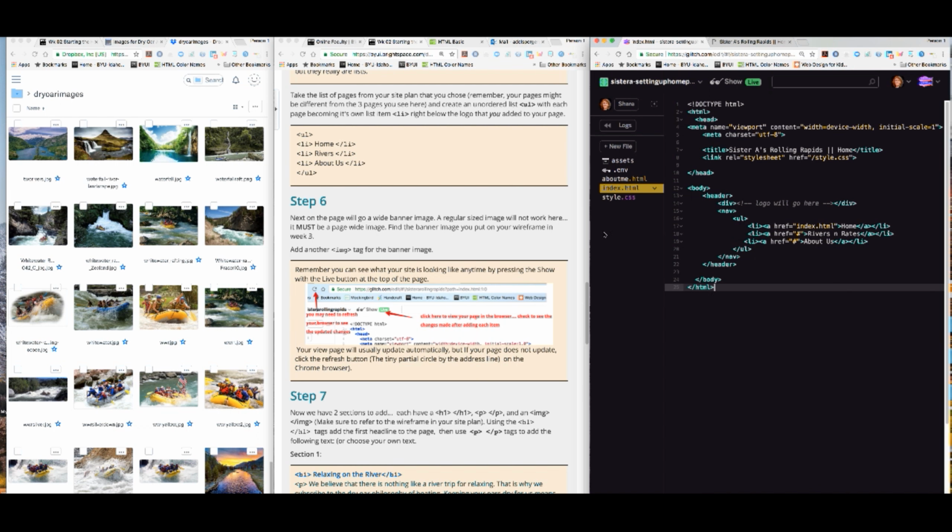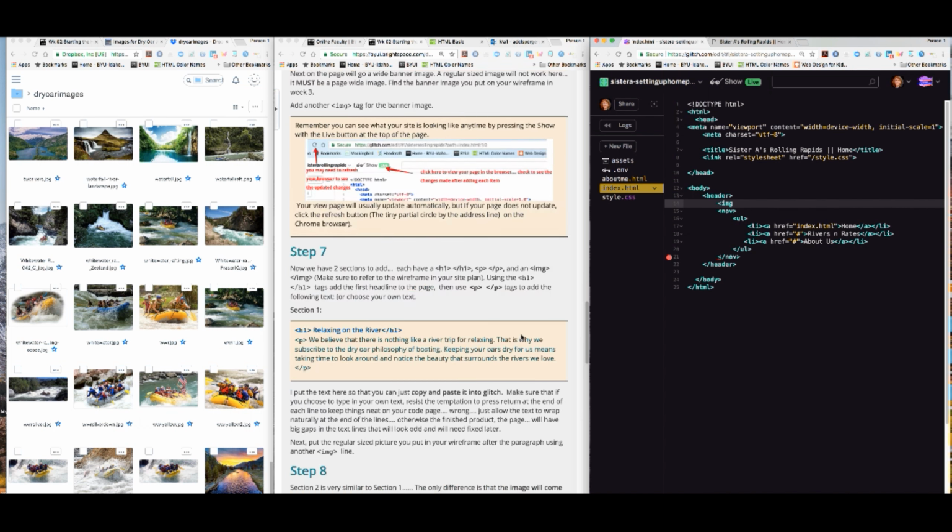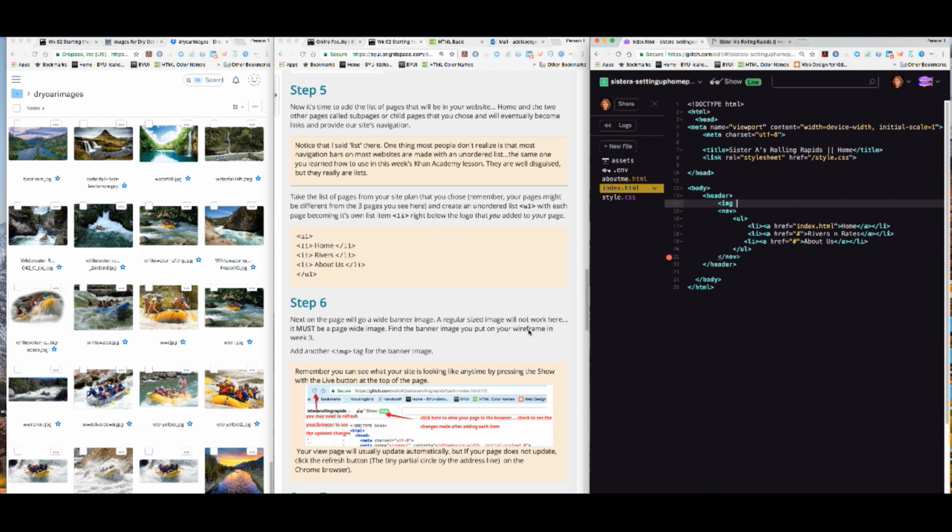All right, and so now we're going to put an image tag for our logo. And right now it's set as a div. It says the logo is going to go there. So I'm going to get rid of those and put an image tag like you learned in Khan Academy this week. Put a space, and you're going to put a name for this. Well, we'll do that later. It just put the image tag. Okay, then you go src, which means source, equals,